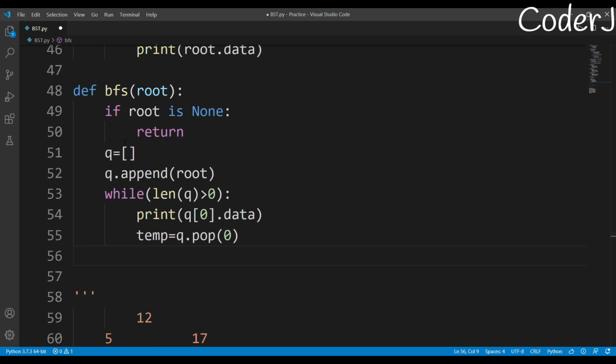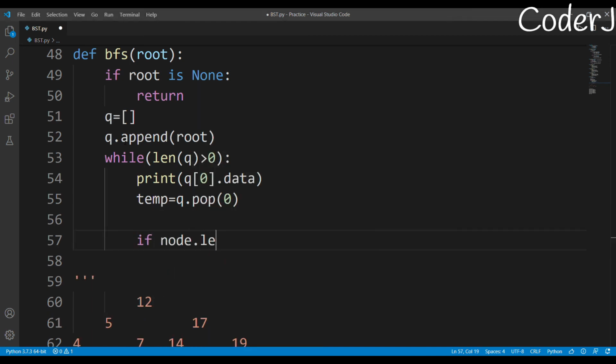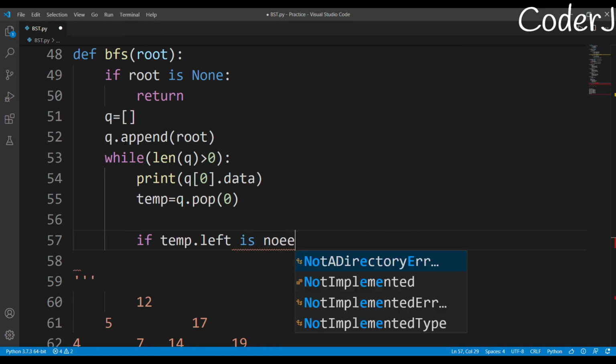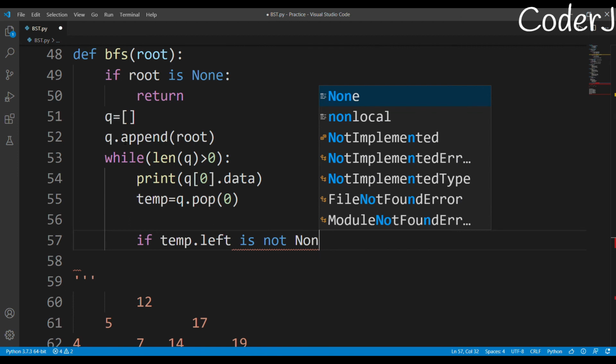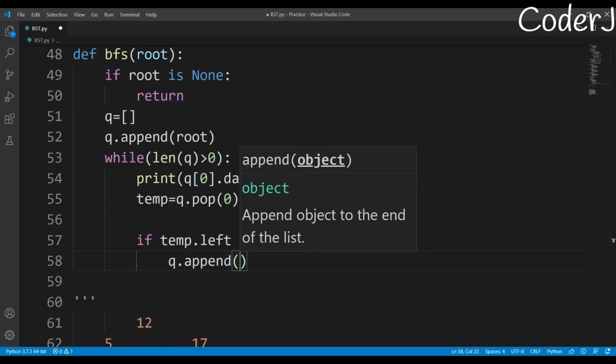So this is a better organized way. temp equals q.pop(0). I've just removed my first element. After that, I check, is there a left child present for this particular node? If temp.left is not None, it means that it has a left child. If it has a left child, I simply append that left child in my queue,